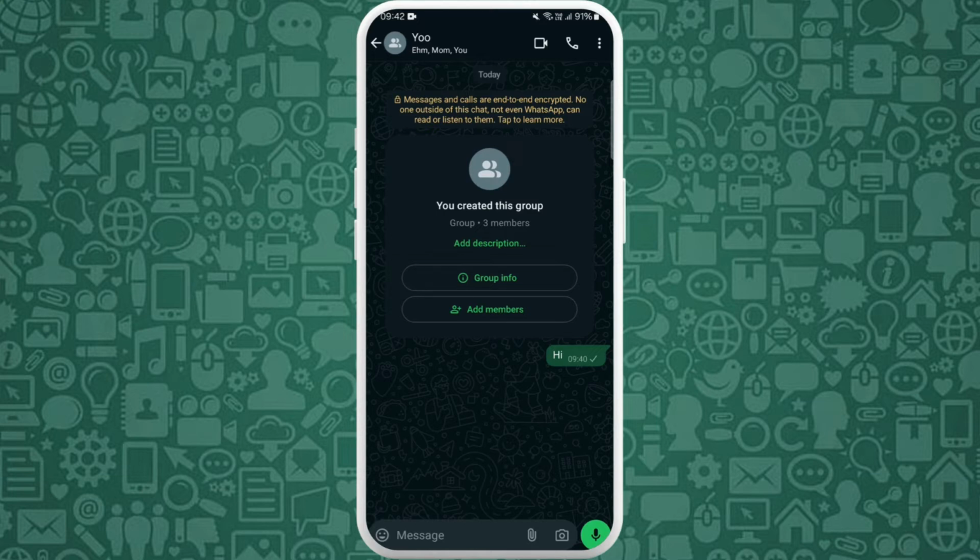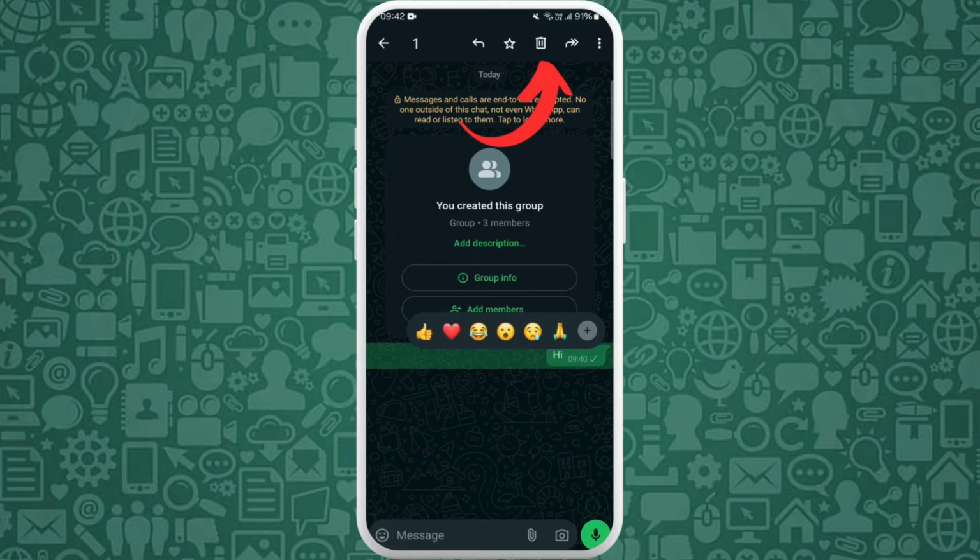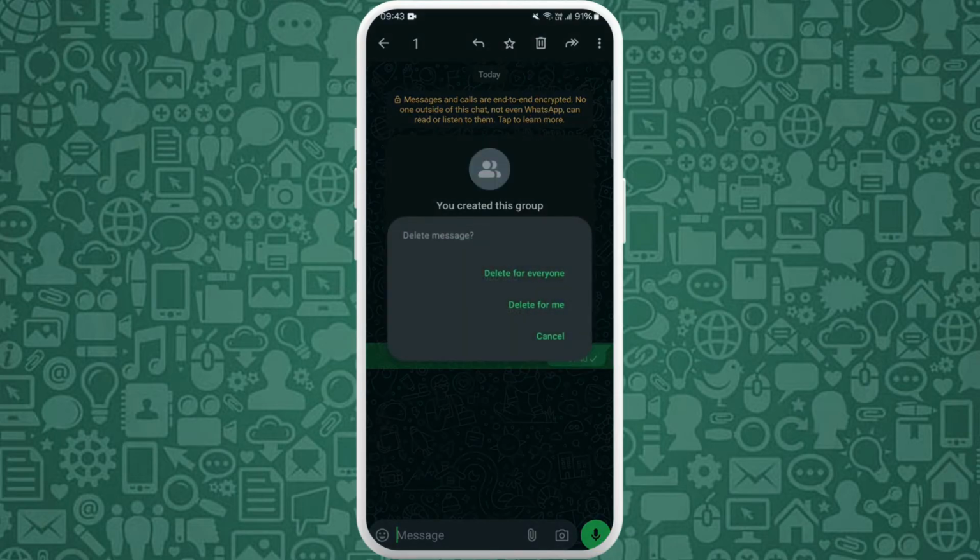So for example, I've sent this message hi over here. If I want to delete this message for everyone, I'll tap and hold on this message. And here at the top, you can see this delete icon. Tap on it. Now it will prompt you with three options, whether you want to delete for everyone, delete for